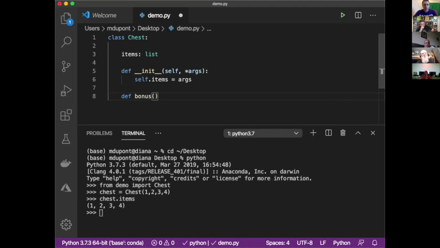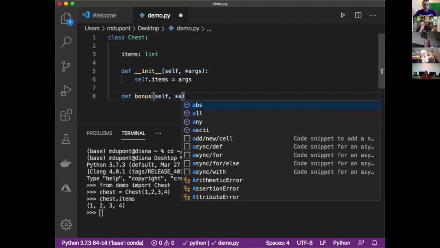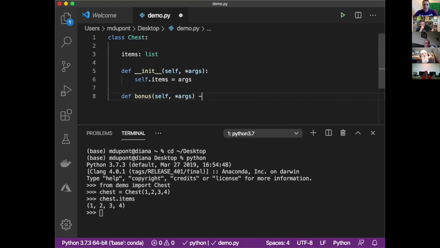And the bonus chest, we can still give it args, but it takes all the items and it doubles their value, let's say. So we can do self.items equals items times 2 for i in args. This is just a list comprehension that's going to multiply every individual item in the list that we are given by 2. And the other thing I need to do to make this work